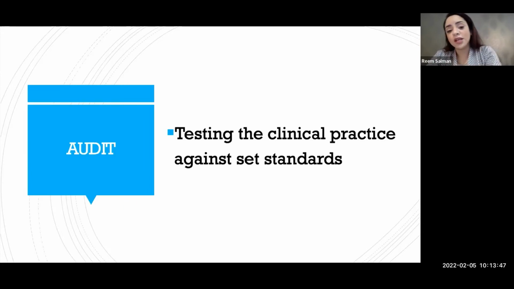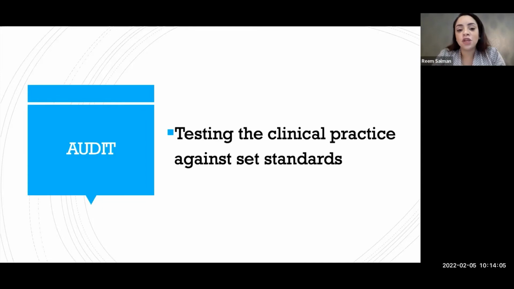So for example, if I have something that has no guidelines, for example, imaging gallbladder polyps, what I can do is go through the literature and see what other places are doing. What is the guidance on that? What is the research on that? And then basically apply this in our hospital by producing local guidelines. And then I can review the practice afterwards, or I can audit my own guidelines afterwards.